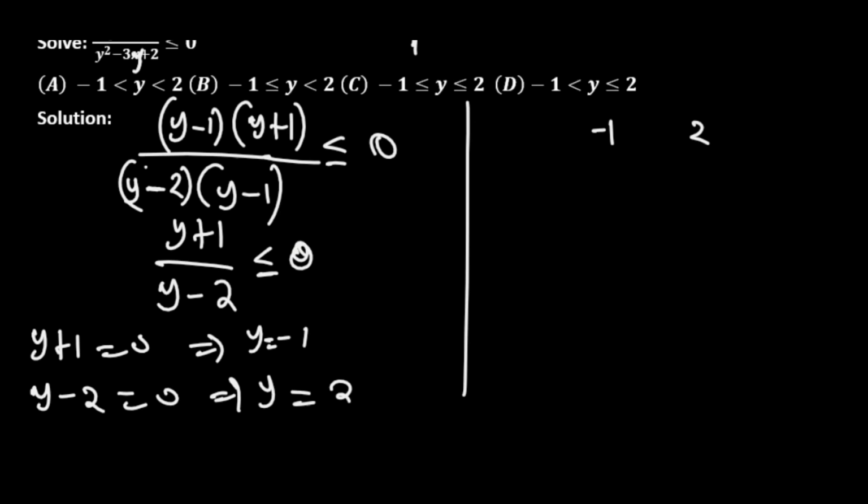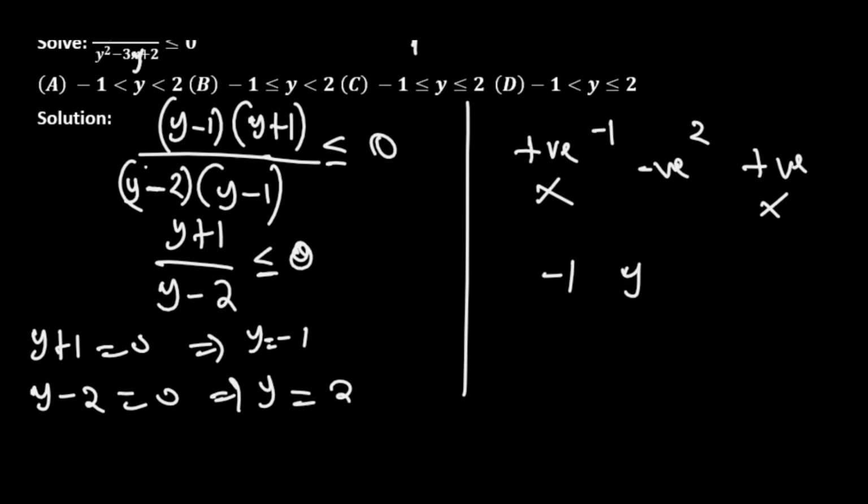So let's check numbers less than minus 1, which is minus 2. So minus 2 here is minus 2 plus 1, negative. Minus 2 minus 2, negative. So negative divided by negative is what? Positive. So this is positive. So let's check numbers between minus 1 and 2, 0. So positive divided by negative is negative. And finally, numbers greater than 2, which is 3. Positive, positive, which is positive. But we are asked for numbers less than or equal to 0. So the answer is numbers between minus 1